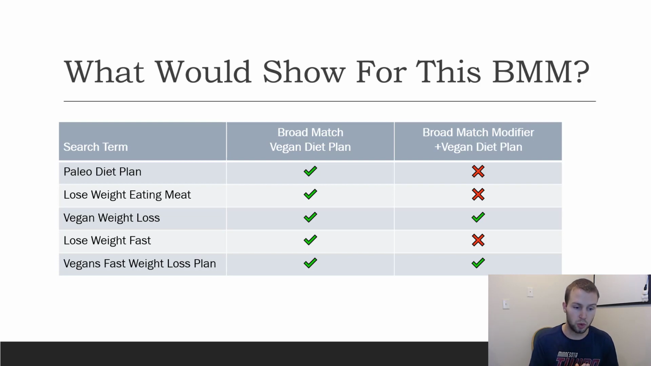Next, lose weight eating meat, obviously not a good keyword. If you had vegan diet plan on broad match, it would show. Broad match modifier, it would not. Now for vegan weight loss, it would show on broad, and it would also show for the broad match modifier because the word vegan is in there. And then I'll skip down to the last one, vegans fast weight loss plan,